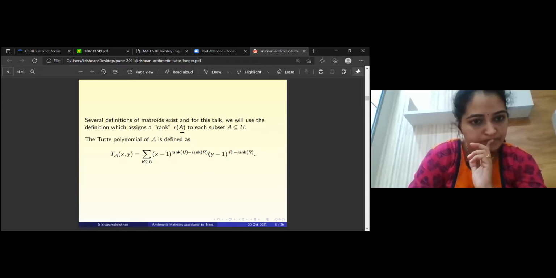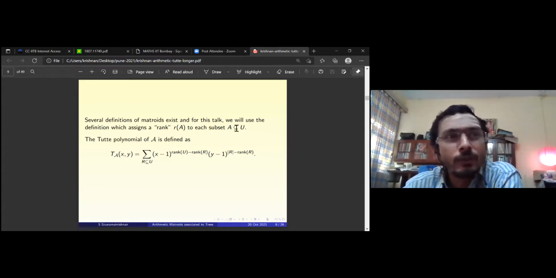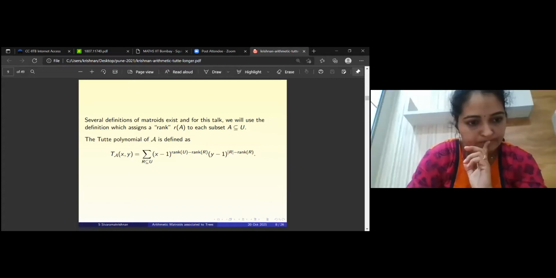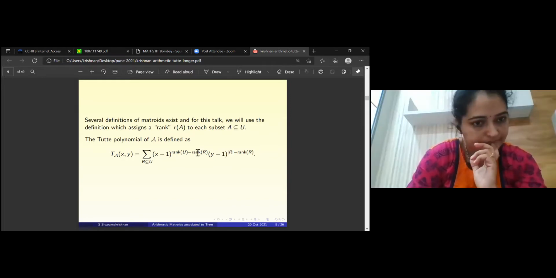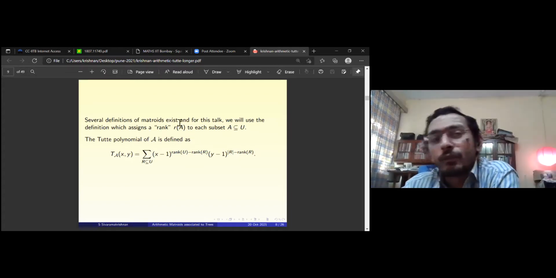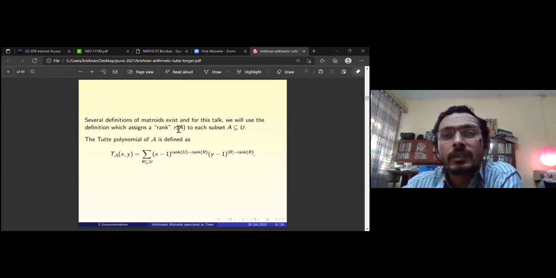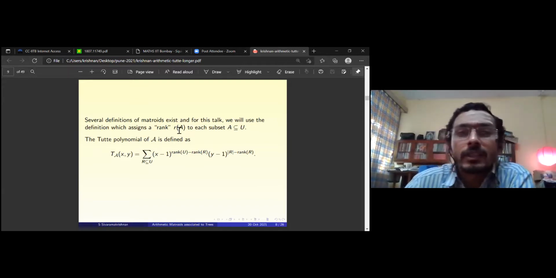I used to call it A_U as the matroid, and if U is fixed, sometimes they just call it A without the U. Once U is given, you can think of it as the list of vectors. For any subset A, you have this rank, R of A, sometimes written as rank of A. Maybe I could have written rank of A in the definition; I'm just noticing it now. I'm really sorry about it, I'll try to correct it and send it.